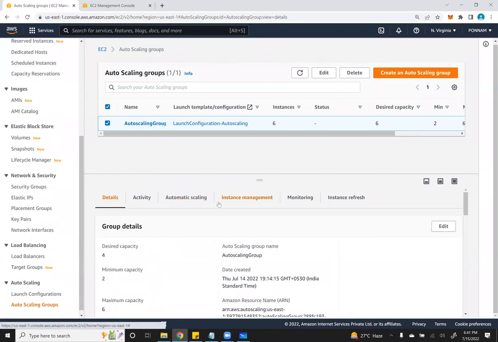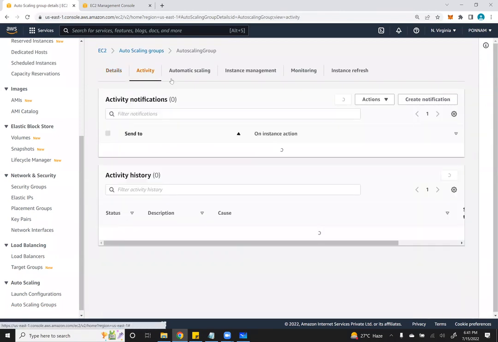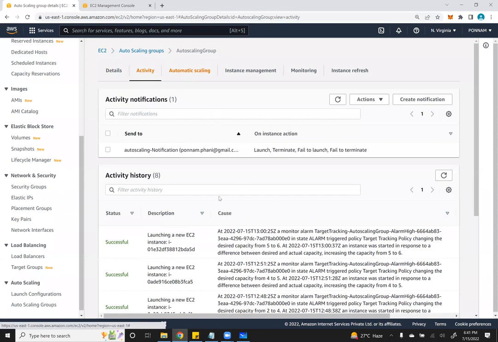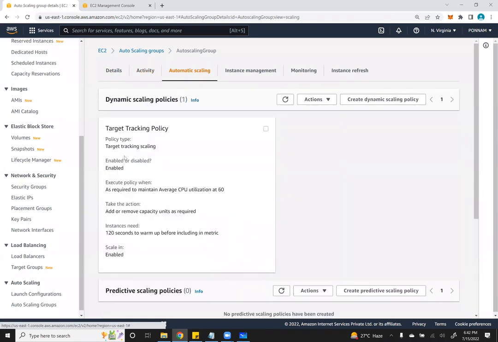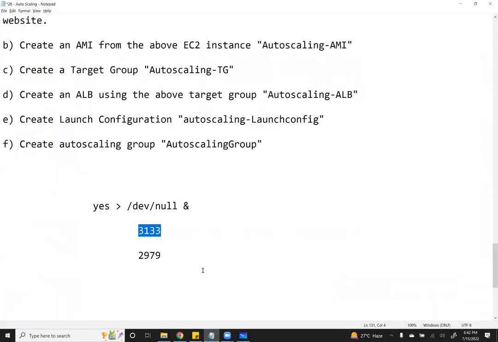Definitely it will take some time. Earlier we used to get like 10 to 15 minutes of time to start deleting the existing EC2 instances. Okay, what I do is I will keep this as is, and in the scheduled actions, I will show you how to configure a scheduled scaling also. Scheduled scaling is we can set a time, and at that time we will schedule what is our requirement. So while they are getting deleted, I will create one scheduled scaling,